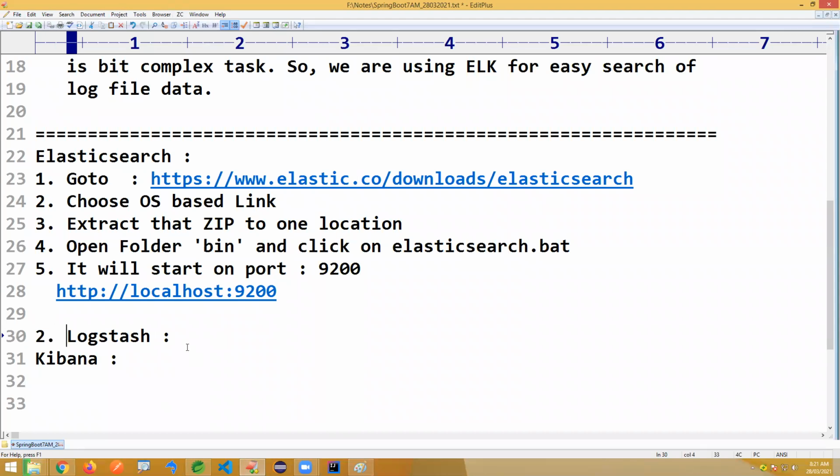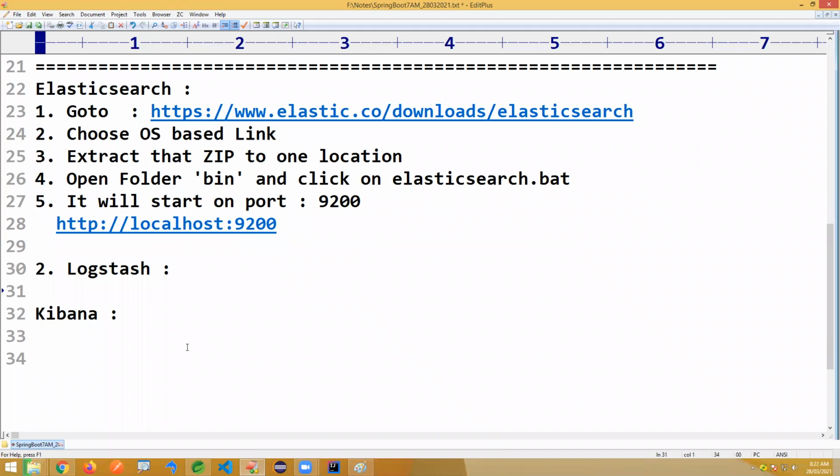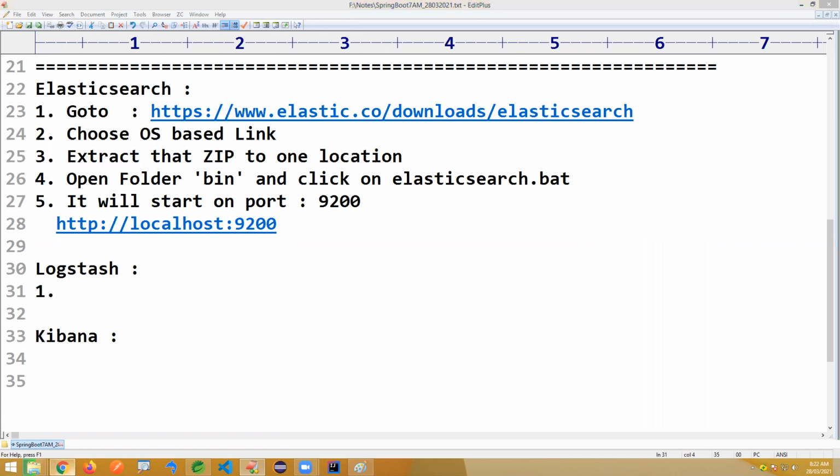Second one, Logstash. First of all, we have to download the software here. I'm just giving this location.